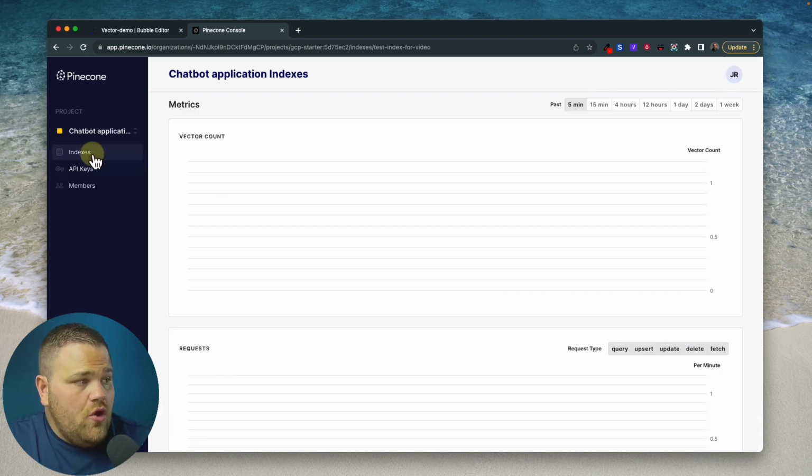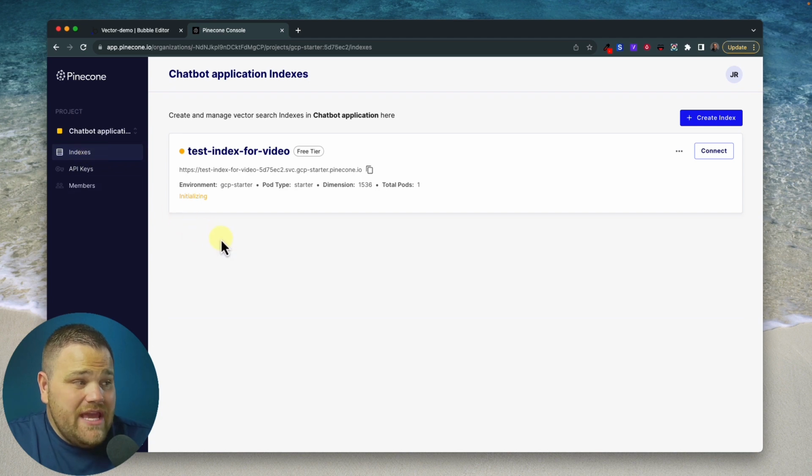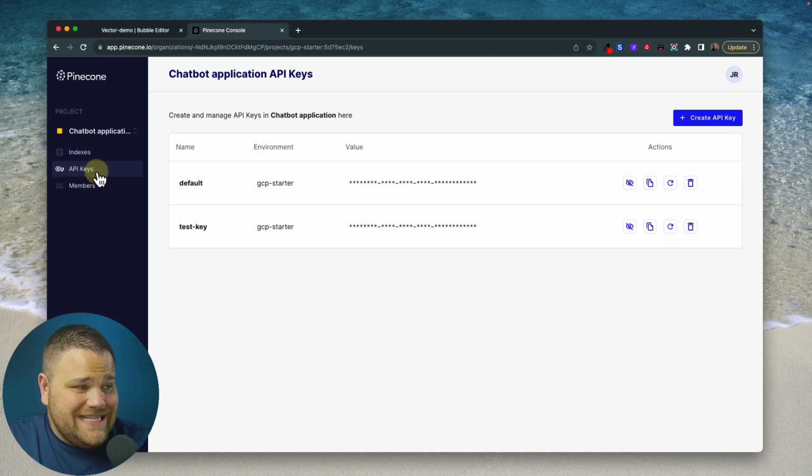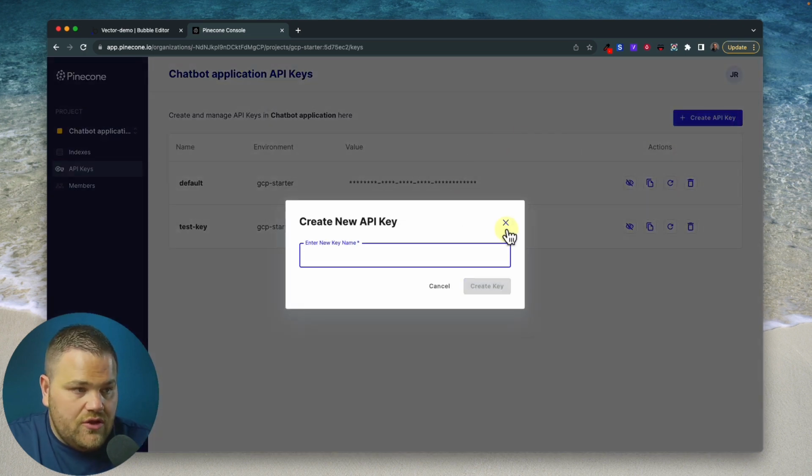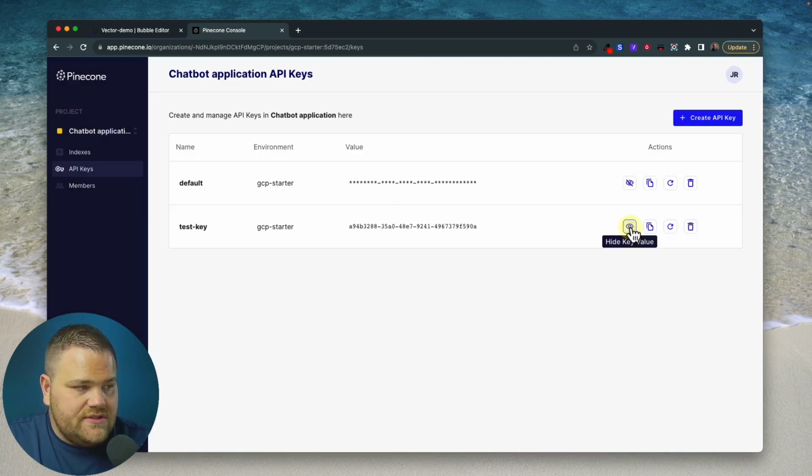Now you'll want to go over to the indexes tab. It just takes a few moments to initialize. Okay, there it goes. It's ready to roll. Now, the first thing you'll want to do is go to the API keys section. You'll have a couple test keys. You can use those if you want, or you can create a new one. Doesn't really matter. I'm just going to use one they already gave me, and I'm just going to copy this,